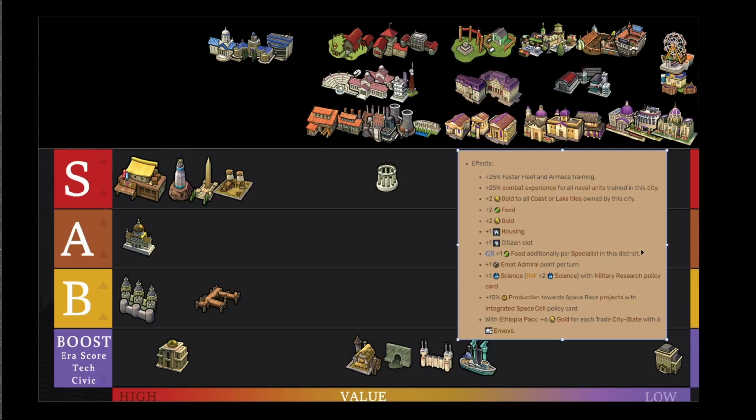Yeah. I mean, and it's not cheap either. No, it's not. Seaport is like 440 production. Wow. Exactly. I don't think it's worth it. My biggest argument against almost every late game building is going to be that it's a late game building, because much like the wonders tier list, it's so hard to balance a late game building for a casual player,